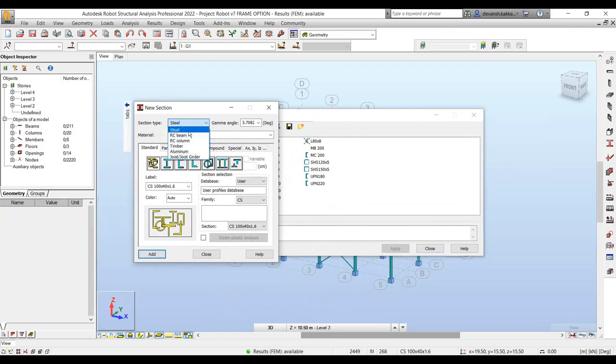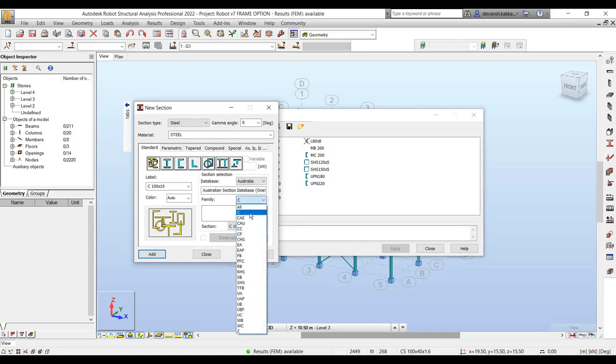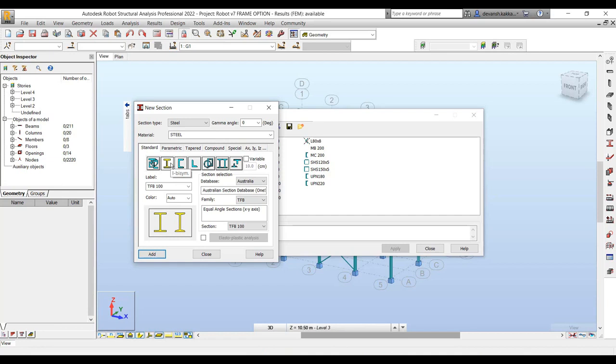Again, now you can define sections for different types of materials: steel, concrete, timber, aluminium, whichever type of element you want to use in your project. Also, you have different profiles of sections coming from the database.